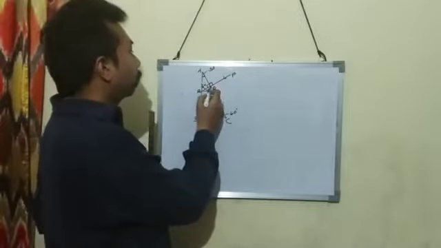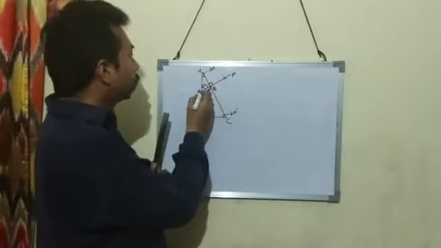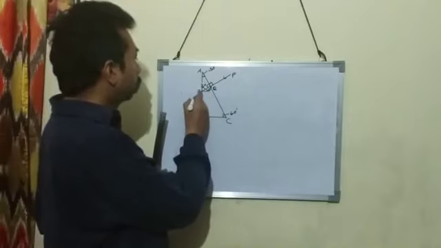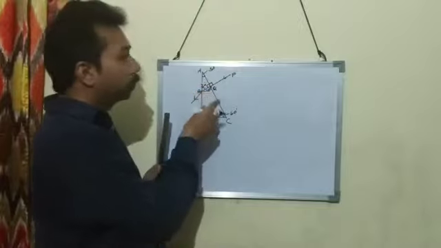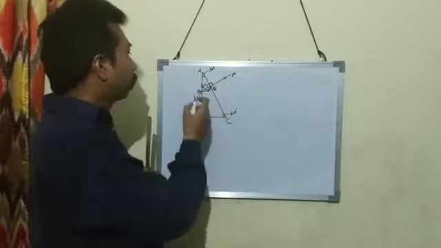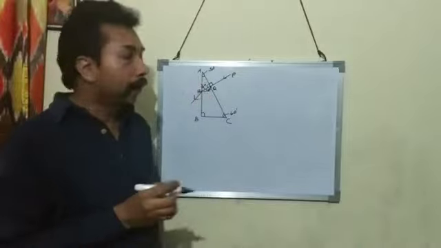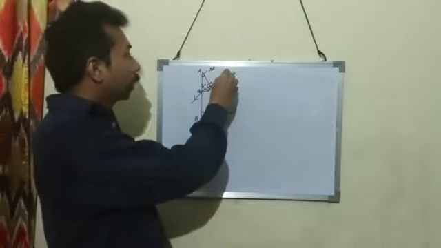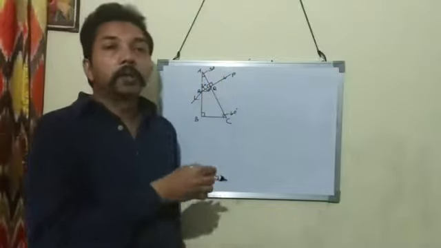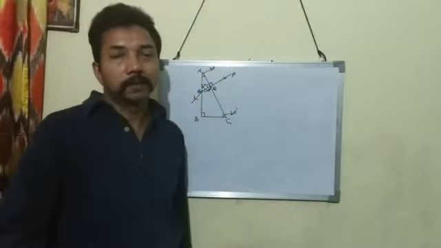Since the ray passes from a denser to a rarer medium, the refracted ray moves away from the normal. The ray of light which emerges out moves away from the normal. So this is the complete diagram. In this case, the ray of light strikes somewhat at the top of the hypotenuse, then the diagram will come like this.